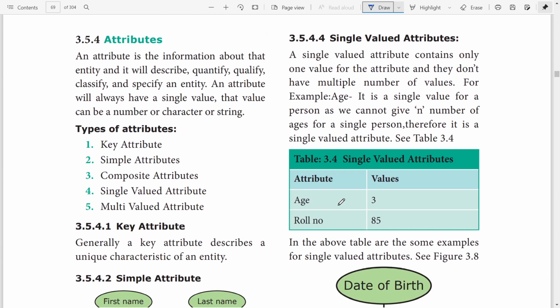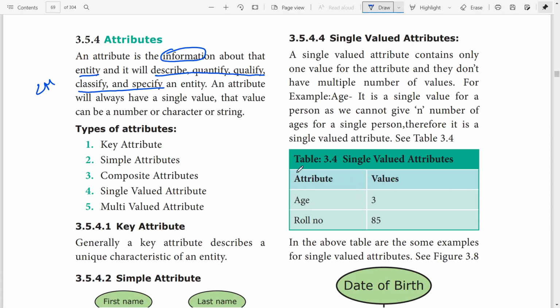Next one, attribute. So first, entity is over. Next one is attribute. An attribute is the information about the entity. It will describe, quantify, qualify, classify, and specify an entity.